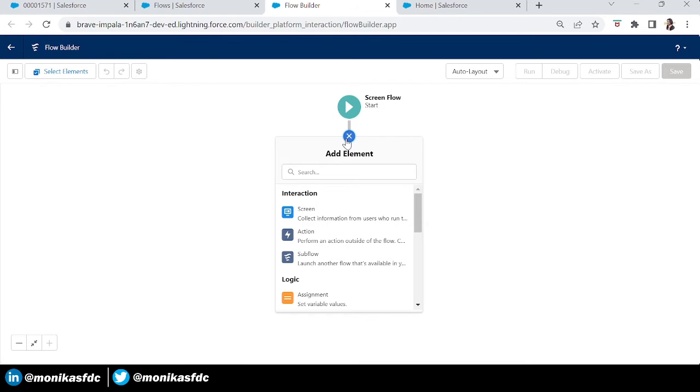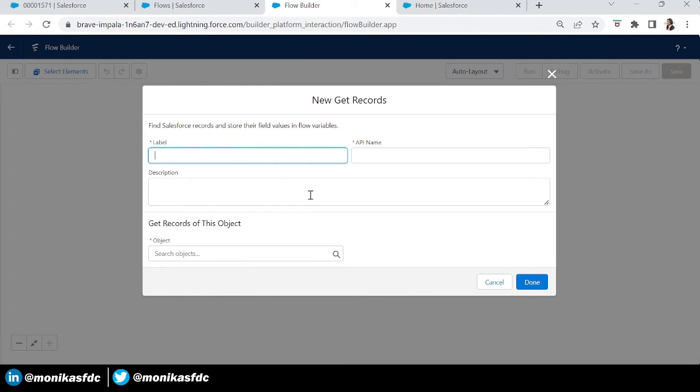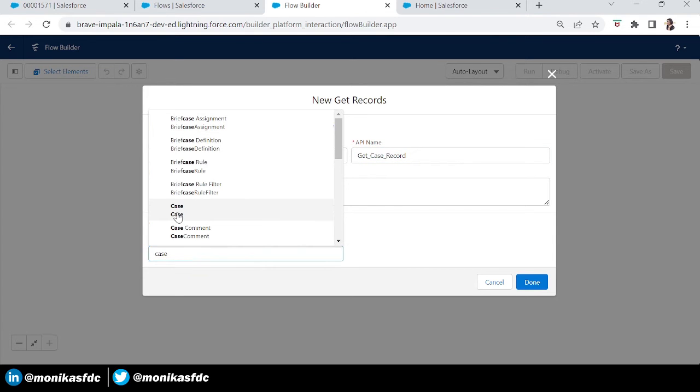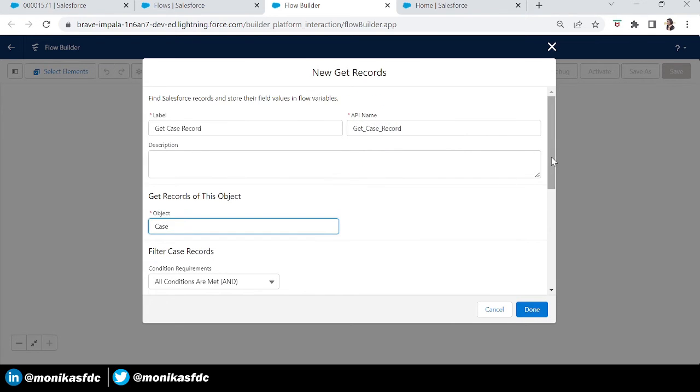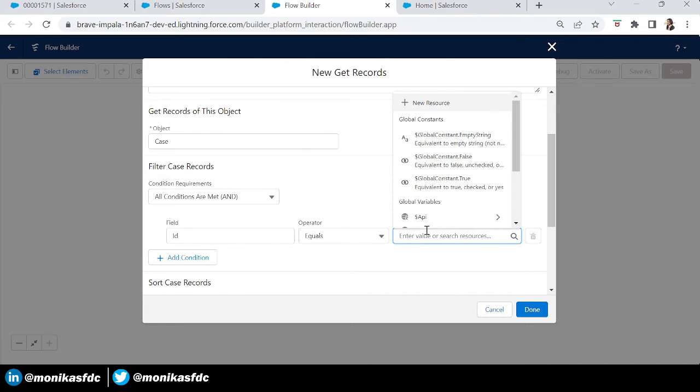Okay, so for that we will take a get record element, and for getting the case we will add this flow to the case details page, so that we can get the record ID of the case and we can update that case only. Okay, so let's say get case record, object will be case. And for the condition, we will add ID, which means case ID equals to, let's create a new resource with the name record ID,